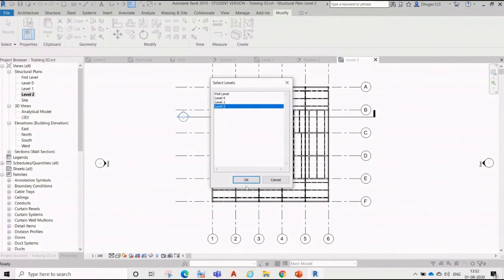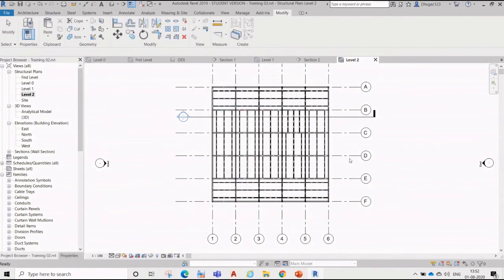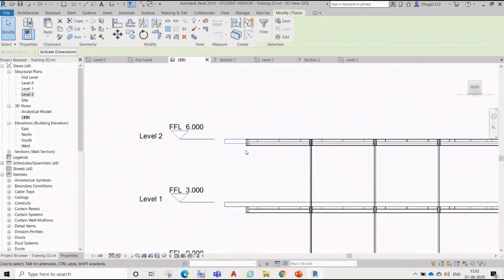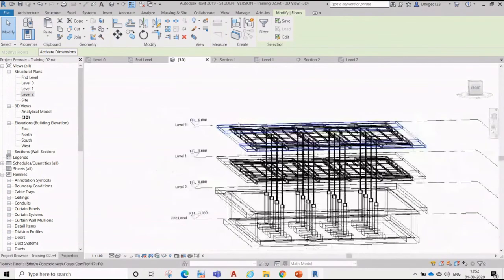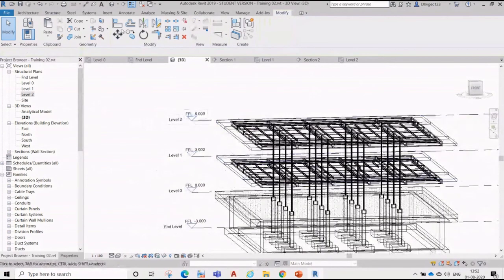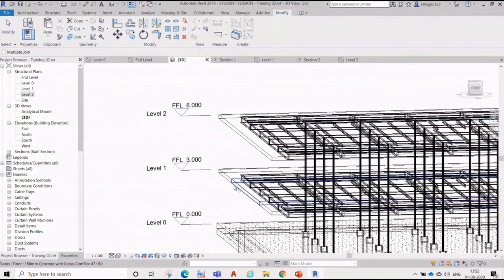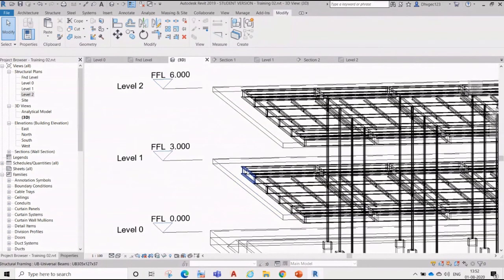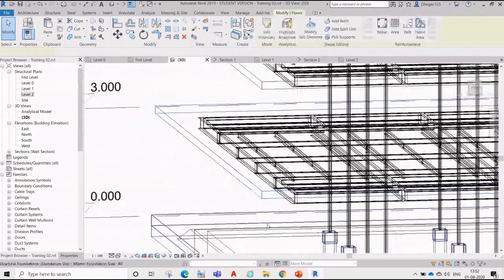Which level? Level 2. If we want to put it on multiple levels, we can just select those levels, then say okay. So now in 3D you will see the same deck over here. So this is how we are going, and now we can just join this element to this one, so it doesn't look good here. Why join this one? Because this is the same element, right? The concrete is the same, just the decking is different. In 3D we cannot see the decking.